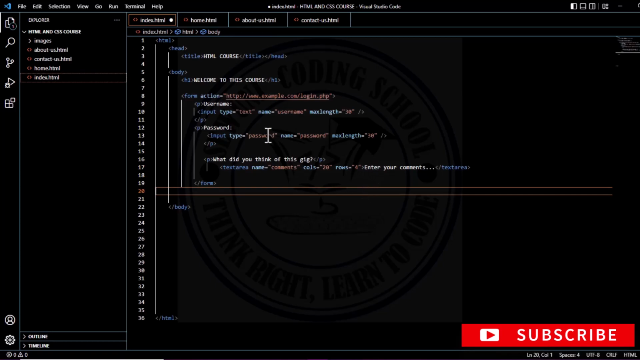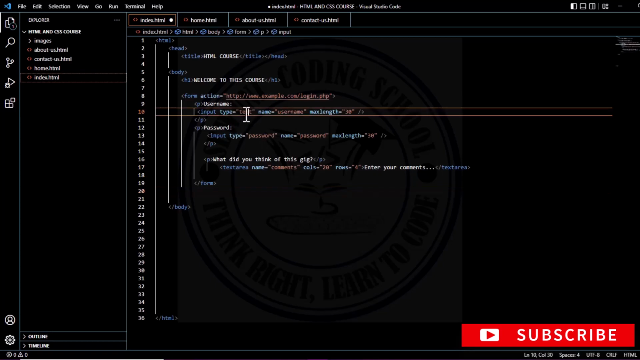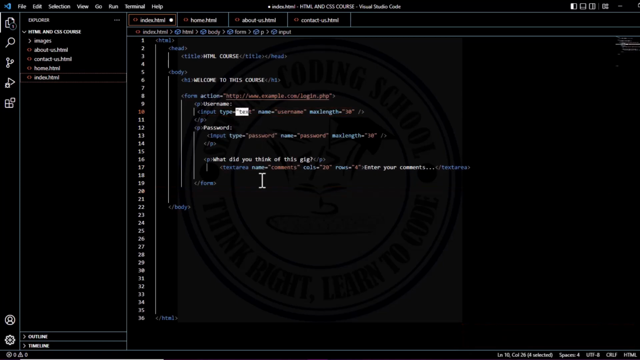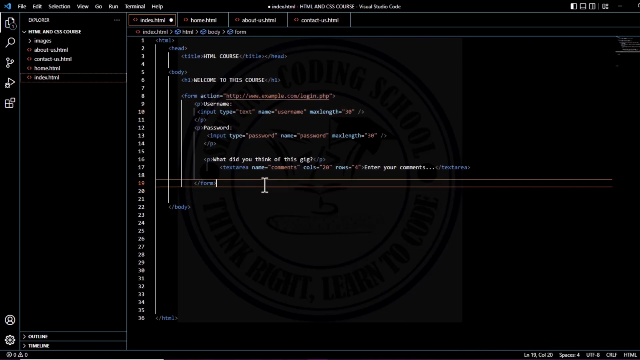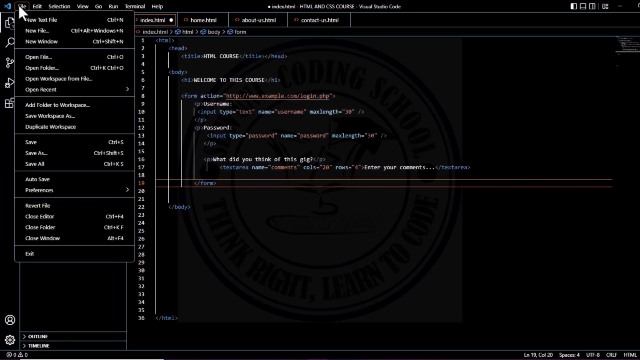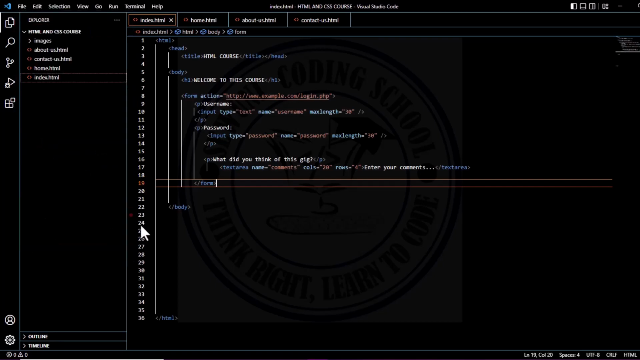It's not as simple as receiving a normal username. Okay, so you have given a lot of chance for the person to be able to write as many comments as possible. You can even increase the number depending on how you want the person to send you a particular information. Let's save this and then